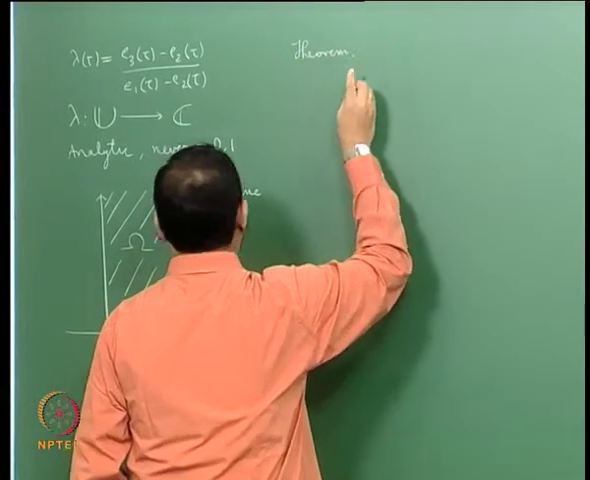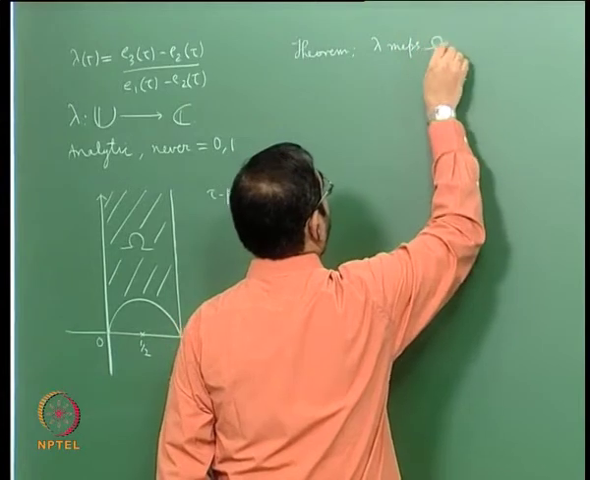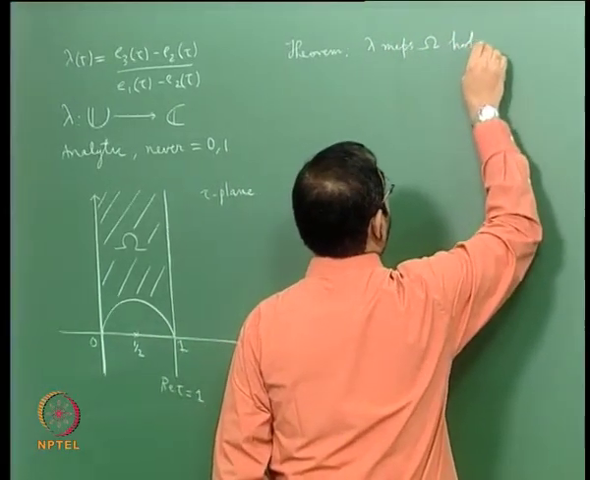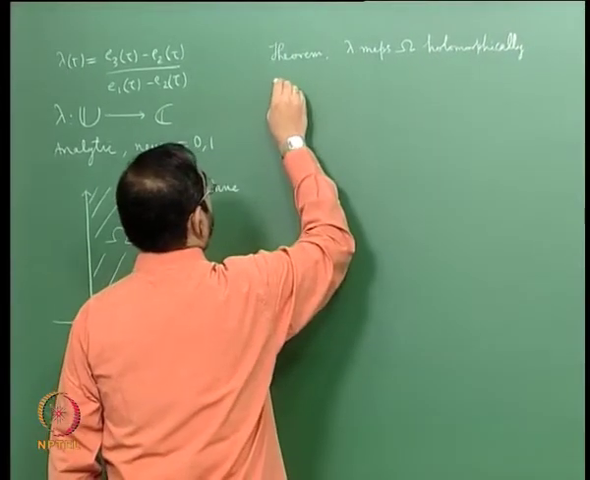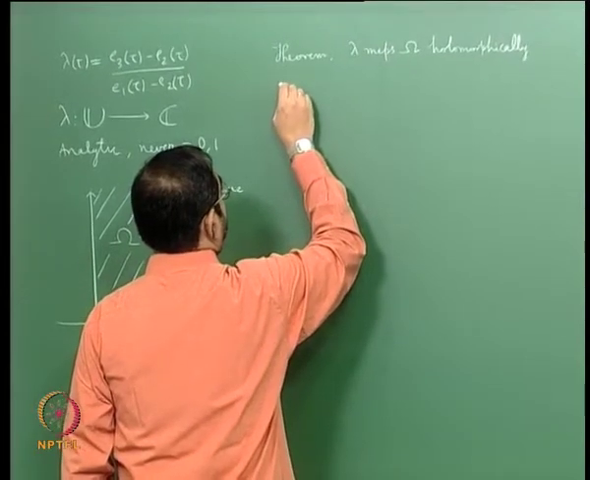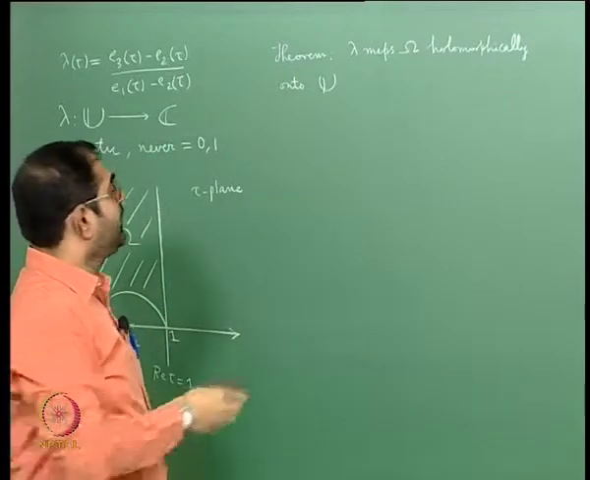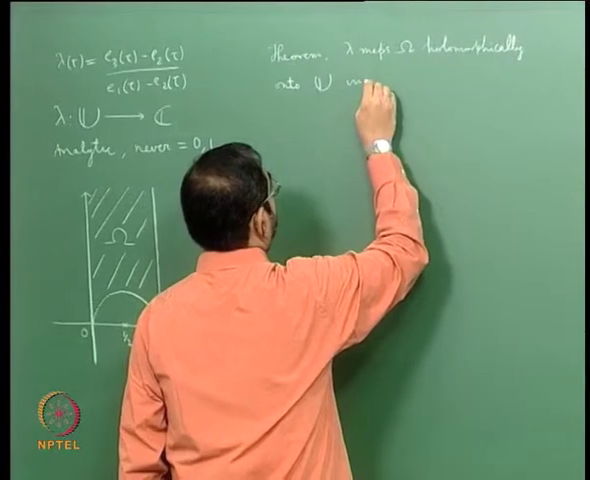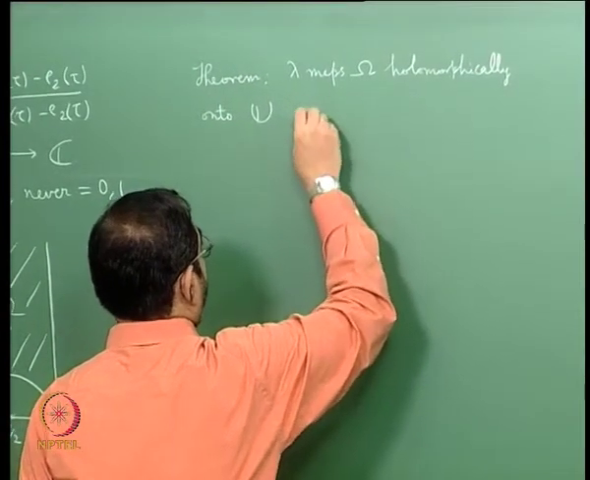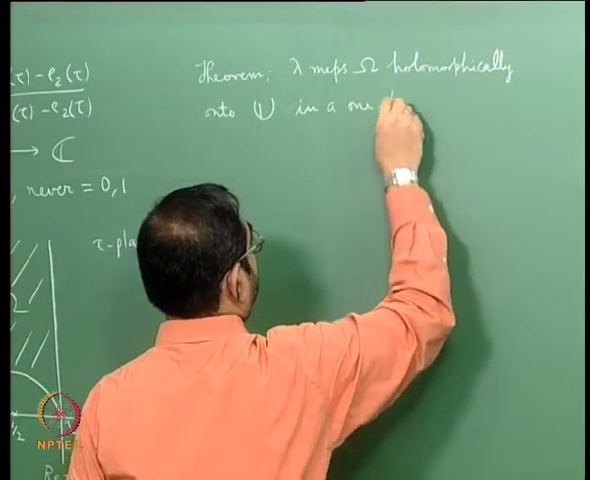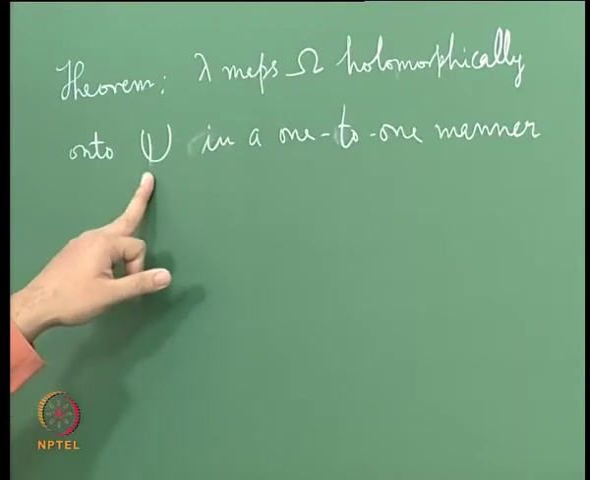so the theorem we are trying to prove is that lambda maps omega holomorphically isomorphic onto the upper half plane, okay, in a one-to-one manner, okay, which is the same as saying that lambda from omega to the upper half plane is a holomorphic isomorphism,